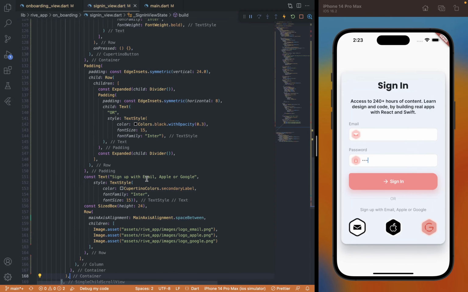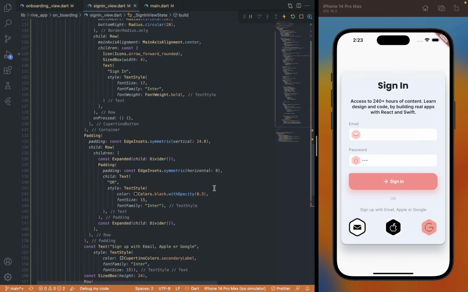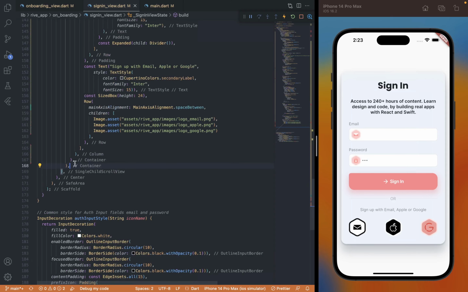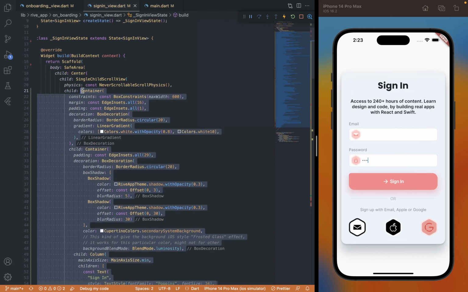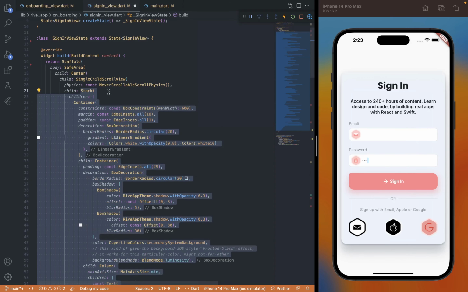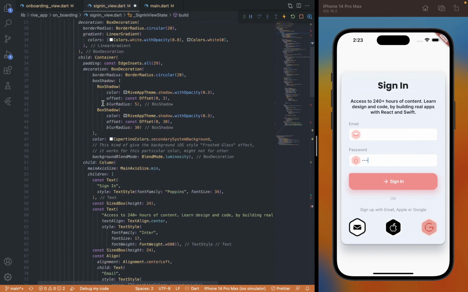Now, our UI for the sign-in modal is almost complete, but the last thing we need is the close button on the modal, because we will use this as a modal and we need a button to close the modal. But that button is going to be independent of this UI that's going to be rendered above the content. So for that, we're going to have to wrap this whole container around with a stack widget. And after the container,